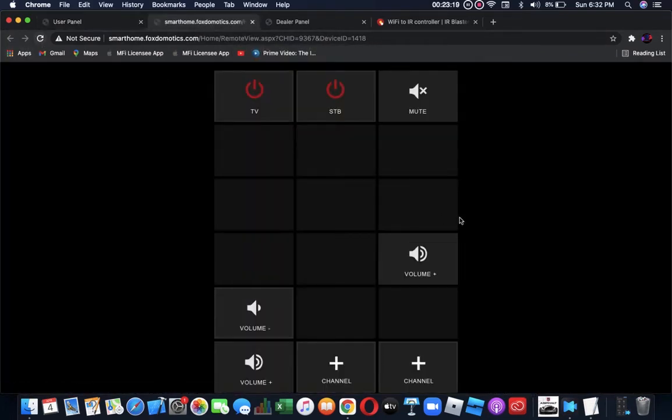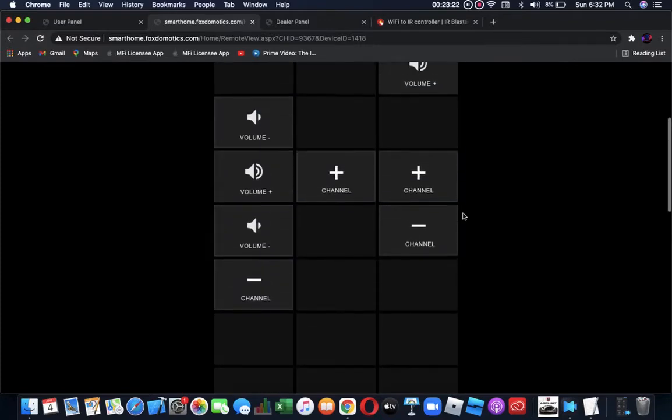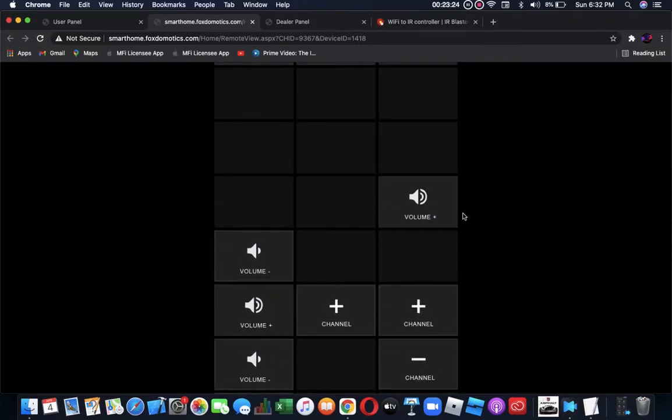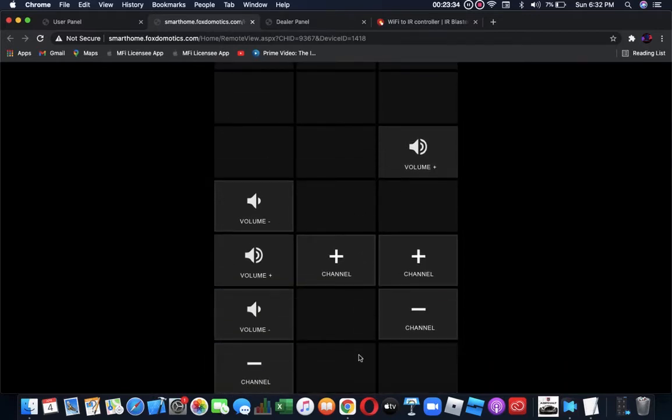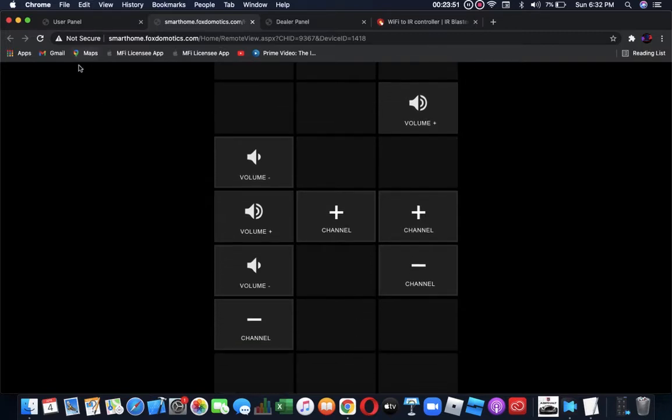Now again we'll go and refresh it, so you can see now there is no overlapping, so everything is coming fine, but all are meshed, so we can count and align the channels. Like you can see here, volume plus, volume minus, and this is volume minus and this is volume minus. Plus plus, minus minus, the symbols are same. We can have different symbols as well. That has to be done in the previous step from the dealer panel. But we can align.